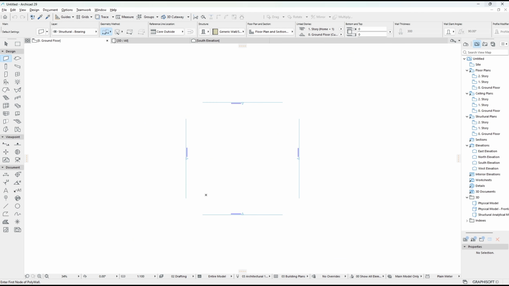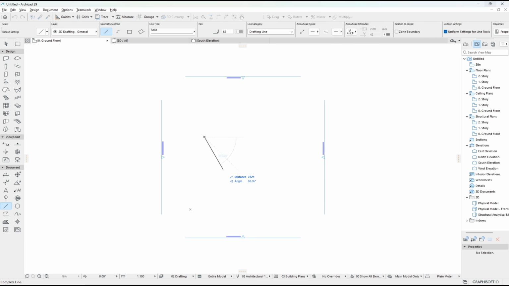Hello everyone, today we are going to learn a basic Archicad tutorial: how to join lines. So for example, I will create lines with these line tools. Okay, you can click here